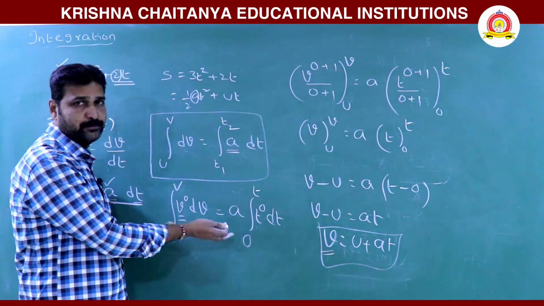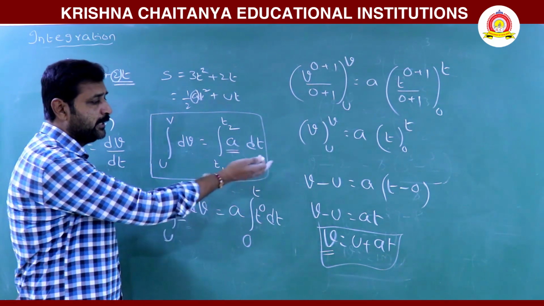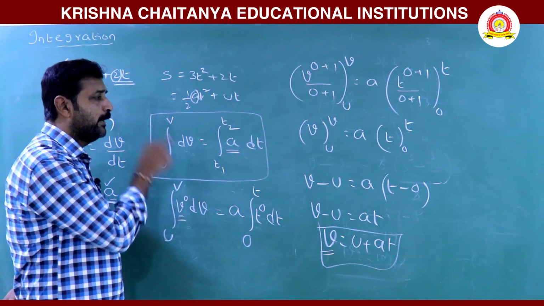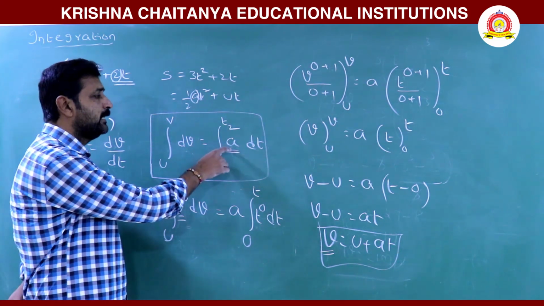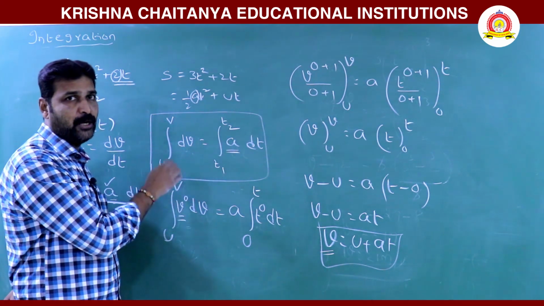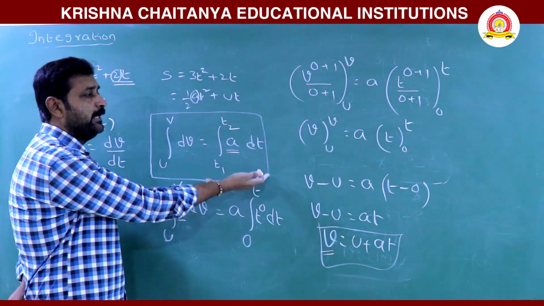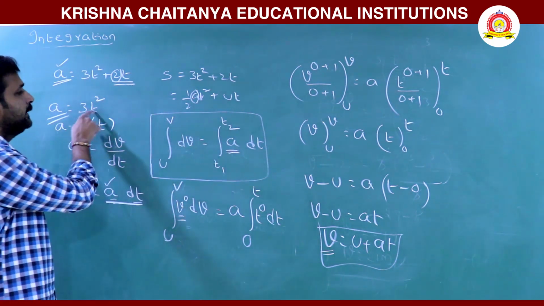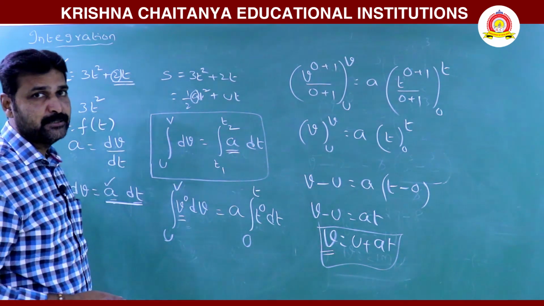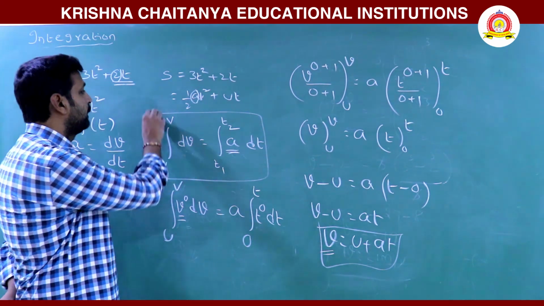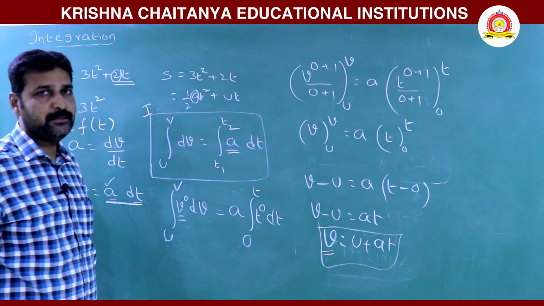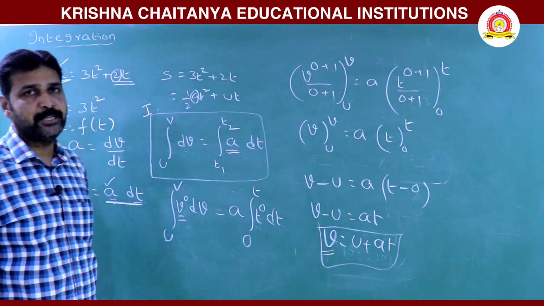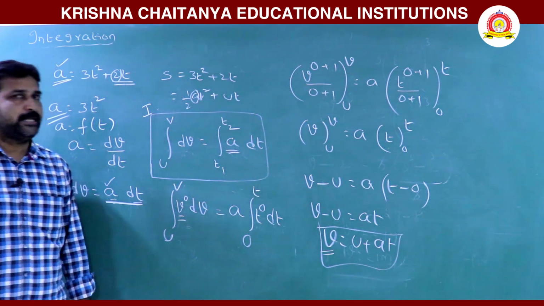But what is the use? By taking the integration and deriving the same formula, we already have the formula. So here, integration techniques are needed when acceleration is time dependent, like what we derived in the earlier session, where acceleration is time dependent and we have taken 3t squared. So in those cases, we go for integration techniques. This is the first method, which is similar to v is equal to u plus at. Here the method is integral dv is equal to integral a dt.